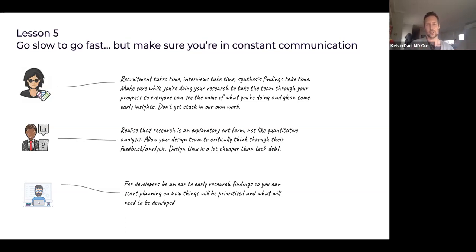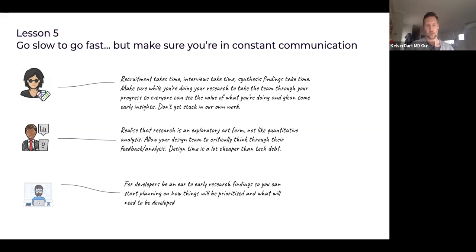So go slow to go fast, which means when you're ready to hand over to development, whether you're running agile, waterfall, whatever it might be, and when you're ready to start touching code, that they've got a strong sense of a pipeline of designs, but also making sure that they understand why they're doing things as well. So it's just as important.